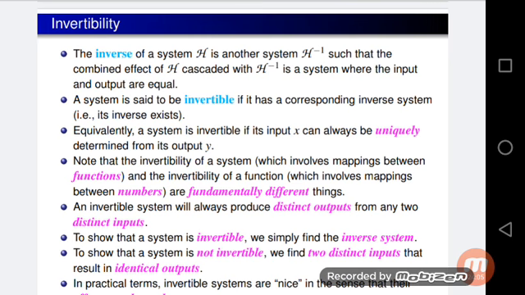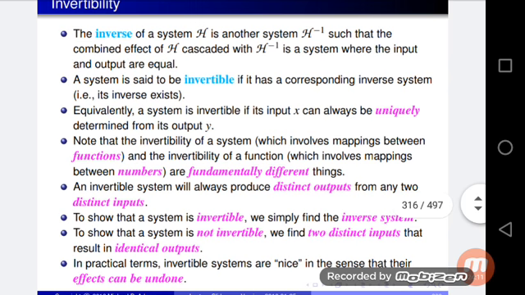In practical terms, invertible systems are nice in the sense that their effect can be undone. So these are the